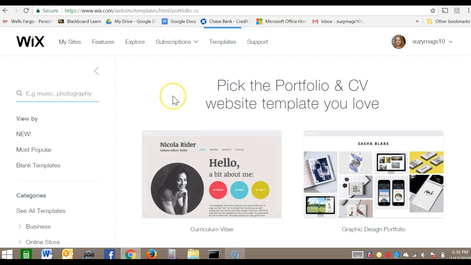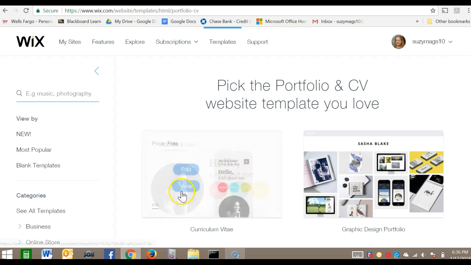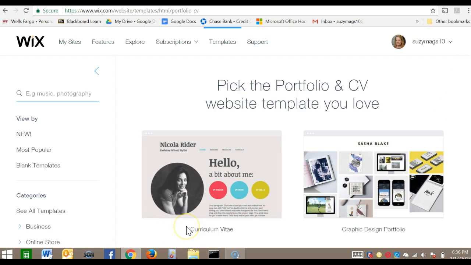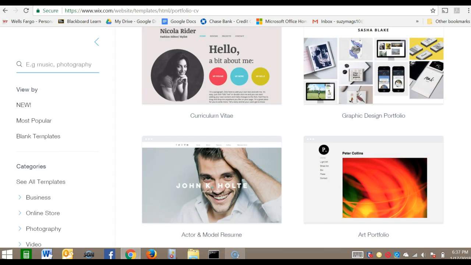I do recommend that you put in your picture on a personal website. It is very visual. I personally don't believe you should ever put your picture on a CV, but on a website it's pretty expected. You don't have to, but you really should have an image. So if you're not going to have yourself, you need to have something that's going to represent your field very specifically, because you have to remember a lot of people use a lot of these templates, so they're going to be familiar